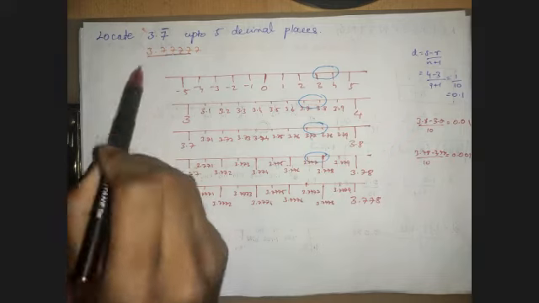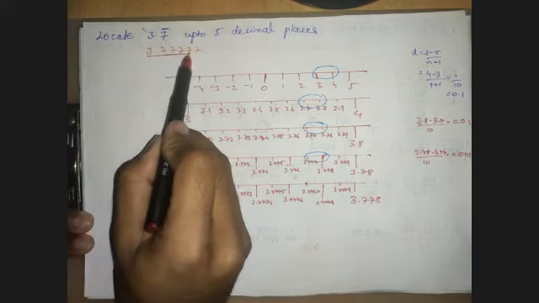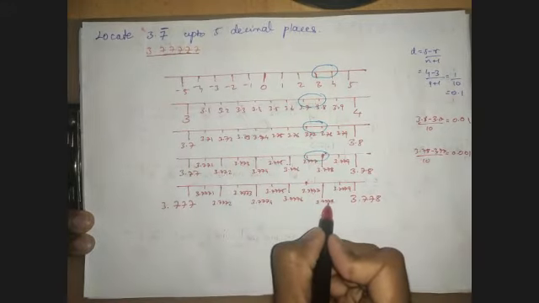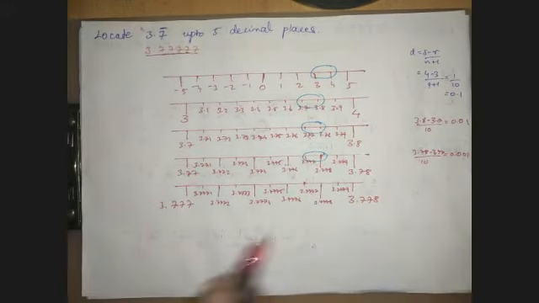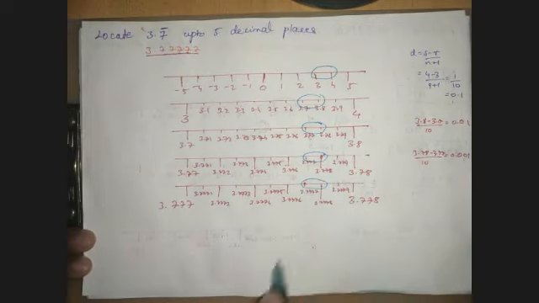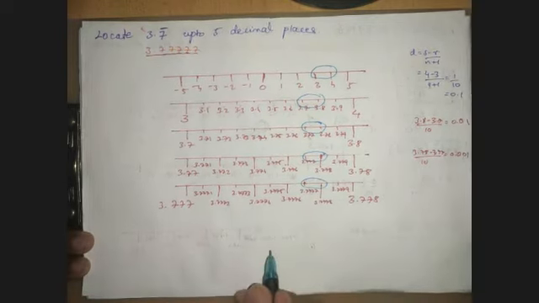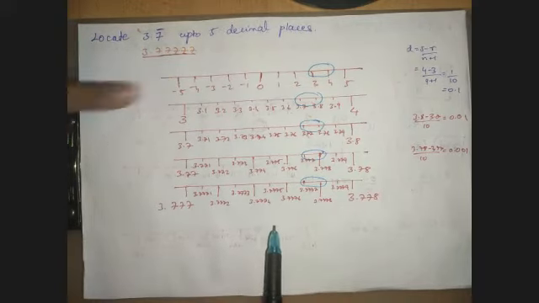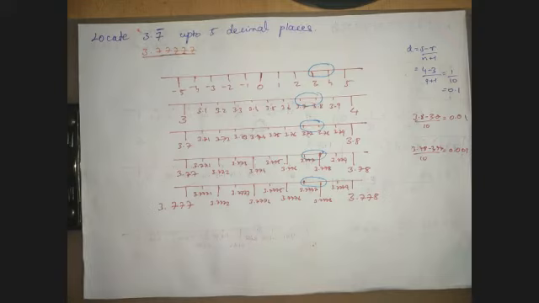But I want to represent 3.77777. So that is greater than 3.7777 and less than 3.7778. So where does the number lie? The number lies in between here. So we need another number line because initially I forgot to add a natural number line. So I'll draw another number line.